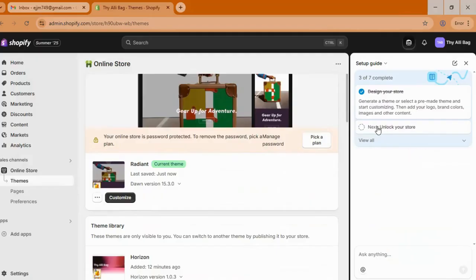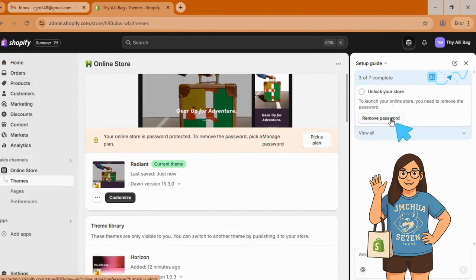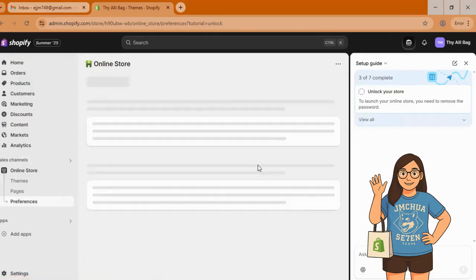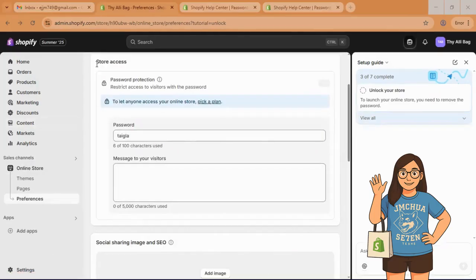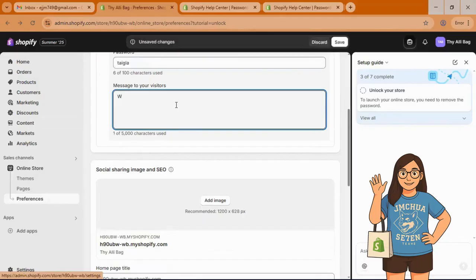So the next step would be to unlock your store. Like what I said earlier, your store is password protected unless you remove the password. That will be the only time that the public or other people will see your store is already active. So let's remove the password. We are already here on the password protection page, and this is where we remove the password and provide a welcome message to your visitors.